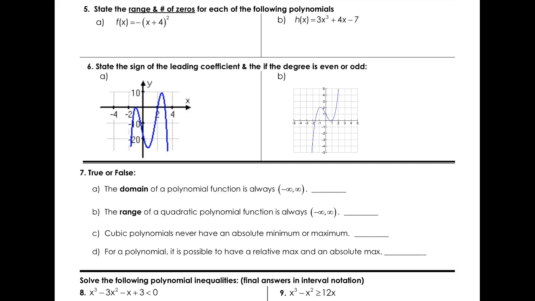One, if you wanted to, you could go into the table, punch this in, and just sketch out a rough graph, and that would help you to find the range just by looking at the graph. Or this is in vertex form, and so we know that